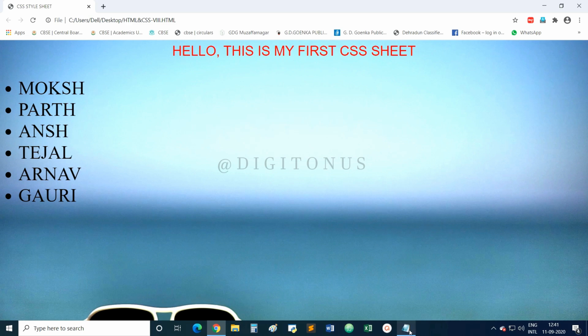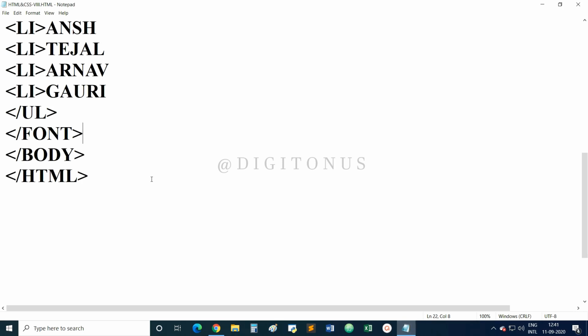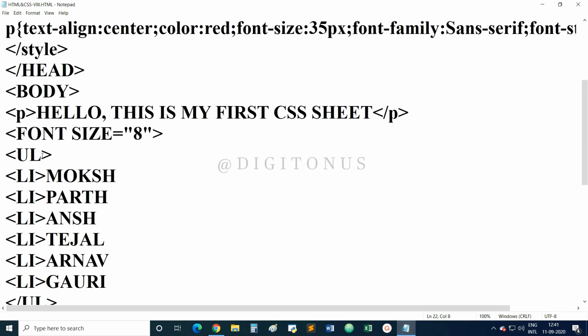For that, we need to use an attribute of the ul tag. So after where we have opened the ul tag, you can see here we have opened the ul tag here. After this opening, give a space and write the name of the attribute, that is type. Ul type is equal to, then double quotes, and then you write what type of bullet you want. Suppose I am writing circle, and then save,